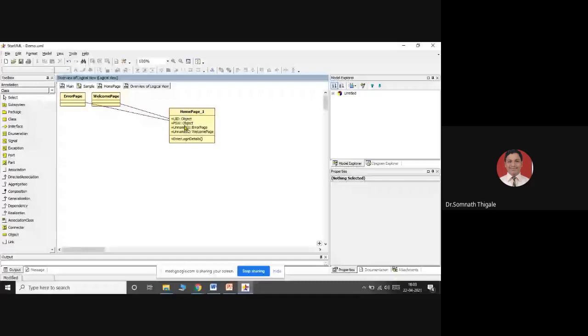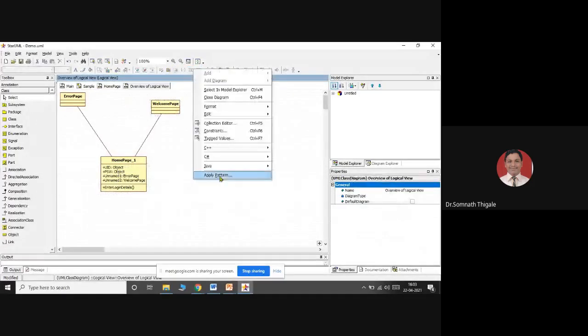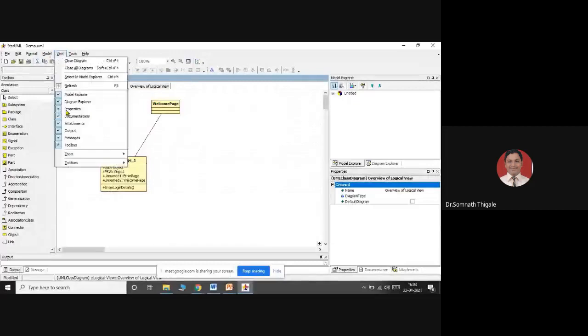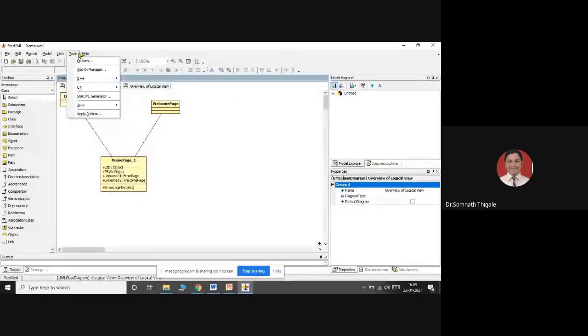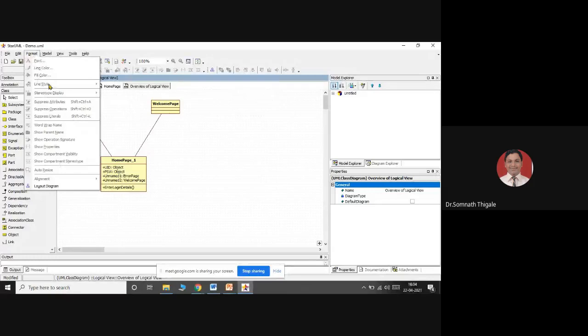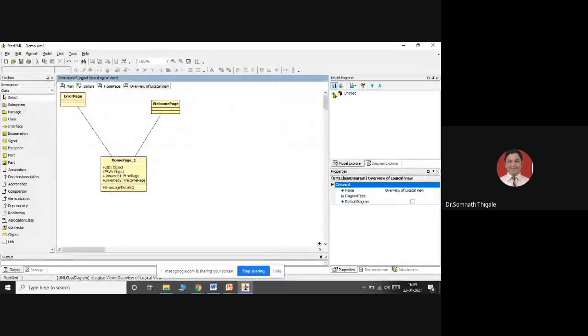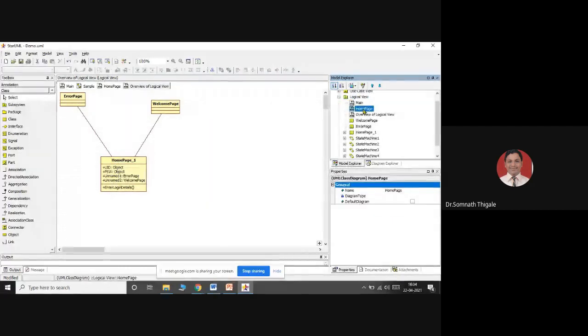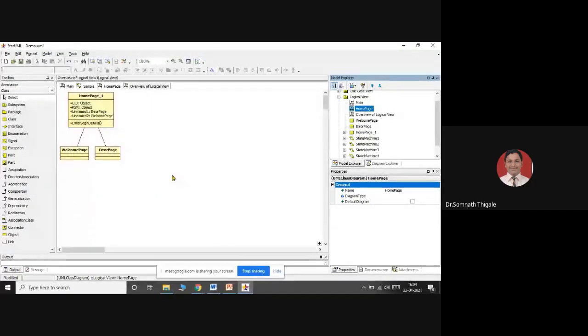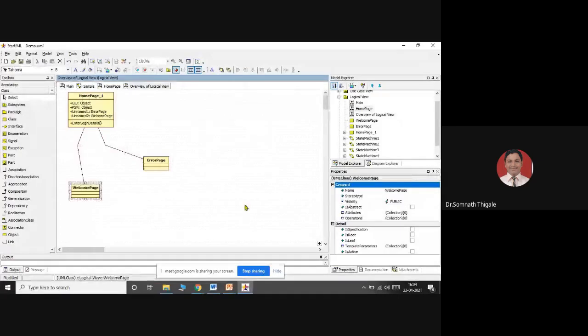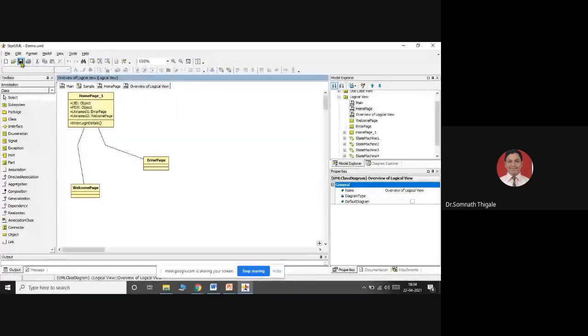Put this. So view models. This is layout diagrams. So this represents the reverse engineering concept also. So I have just demonstrated it.